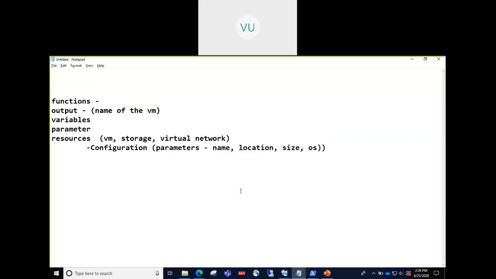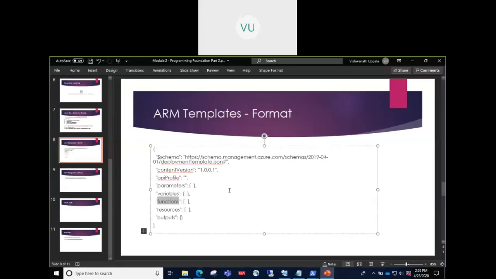That is functions here. And the other is basically what you see here: parameters, variables, functions, resources, and outputs. It's a flat structure. Other than this, what you see is metadata, basically saying which schema you are using for the ARM template. And this is at your own disposal.